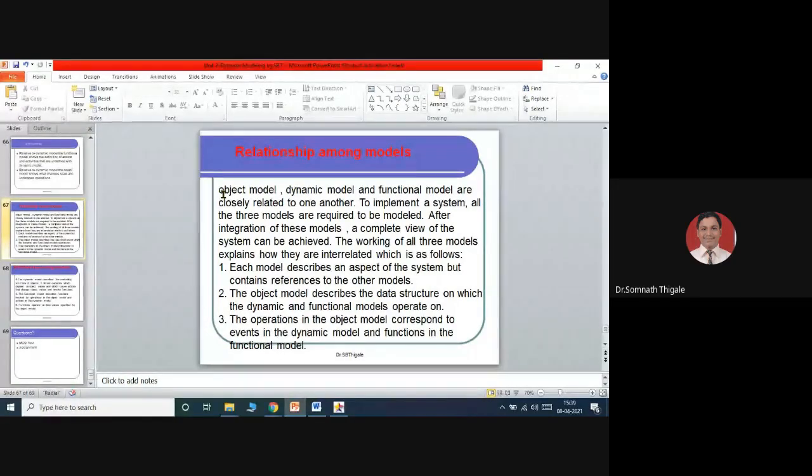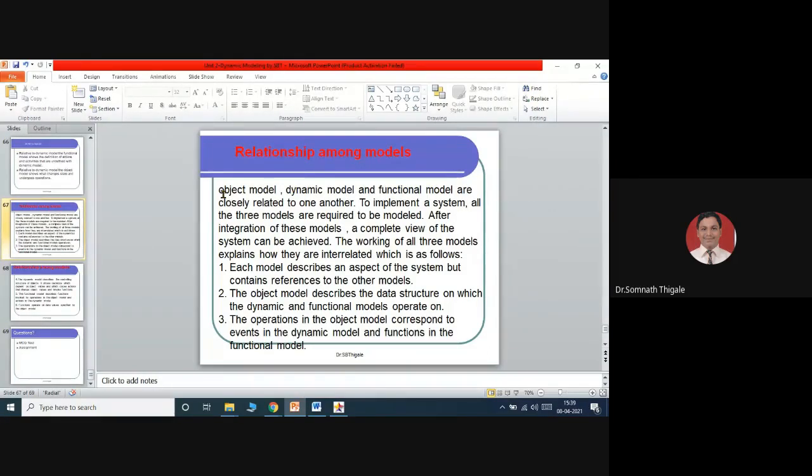Means when we discuss a system at an initial level or as part of the analysis, the things we discussed will be represented in various diagrams like data flow diagram, object diagram and state chart diagram. Once we are able to complete this as part of the system structure, we can easily understand it. Before going for actual construction, we are able to visualize how my system will be. That is the advantage we are getting.